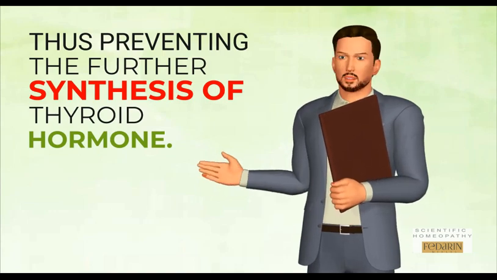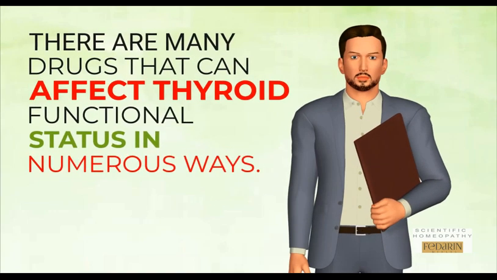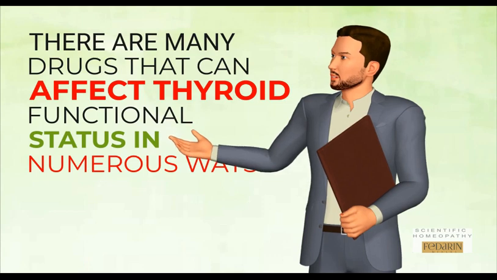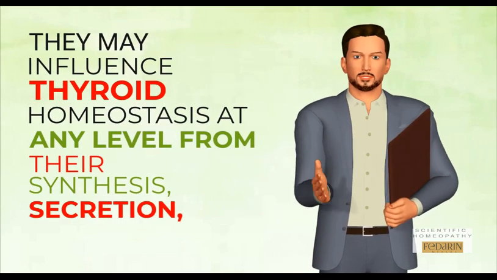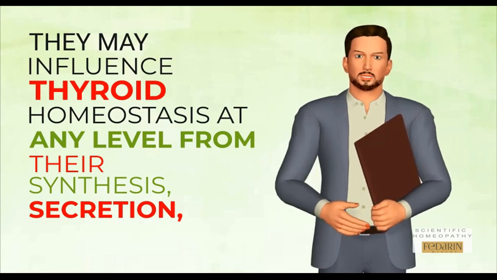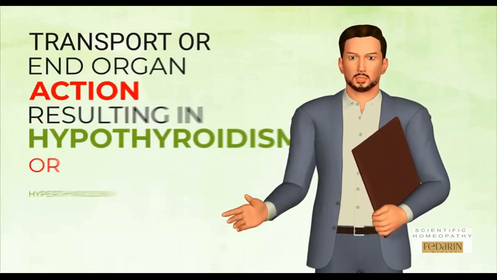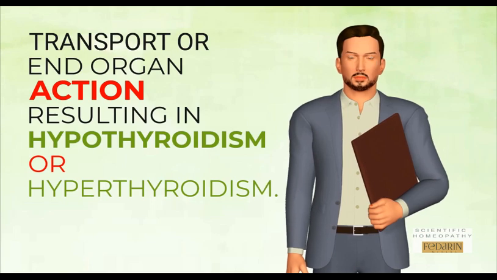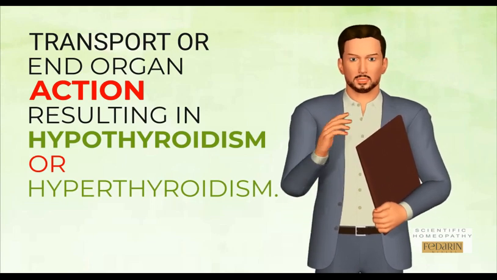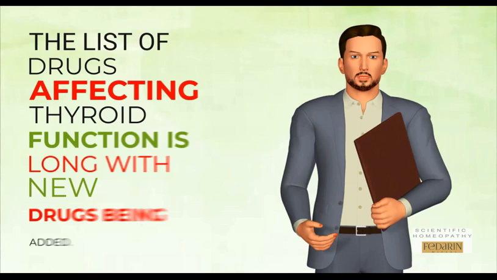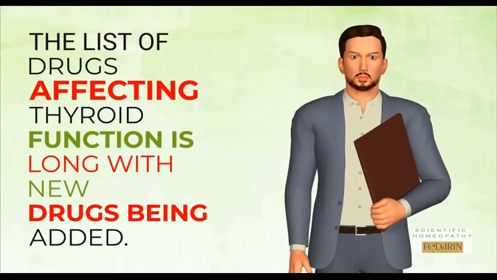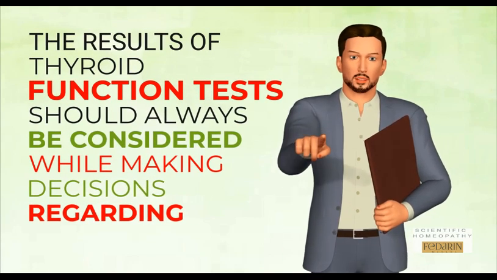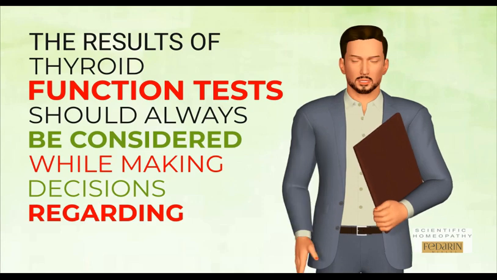of thyroid hormone. There are many drugs that can affect thyroid functional status in numerous ways. They may influence thyroid homeostasis at any level, from their synthesis, secretion, transport or end organ action, resulting in hypothyroidism or hyperthyroidism. The list of drugs affecting thyroid function is long, with new drugs being added. The possible effect of drugs on the results of thyroid function tests should always be considered while making decisions regarding